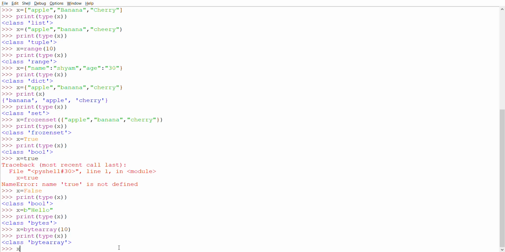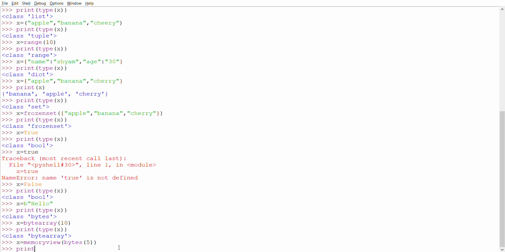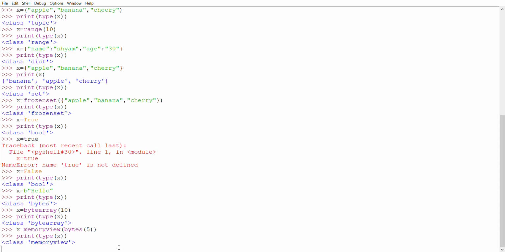Now we'll go with memory view. Memory view of bytes 5, print type of x.